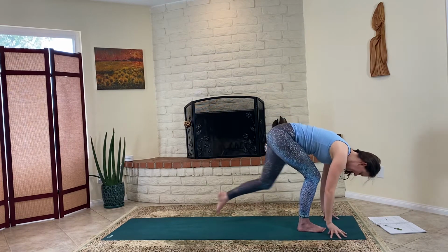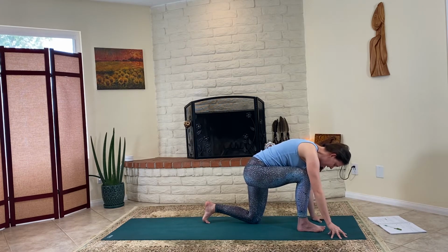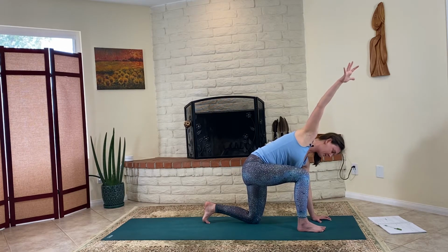Bending the knees, step the left foot back, tap the knee down to the ground. Here we are in a low lunge here. We'll keep the left hand on the ground and pulling the pelvis back, open the right arm to the sky for a twist. So grip the floor with those left fingers, pull that energy up the arm, really lean into